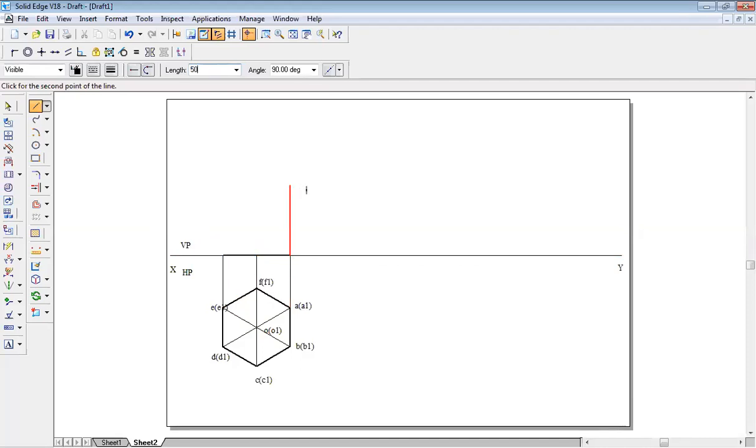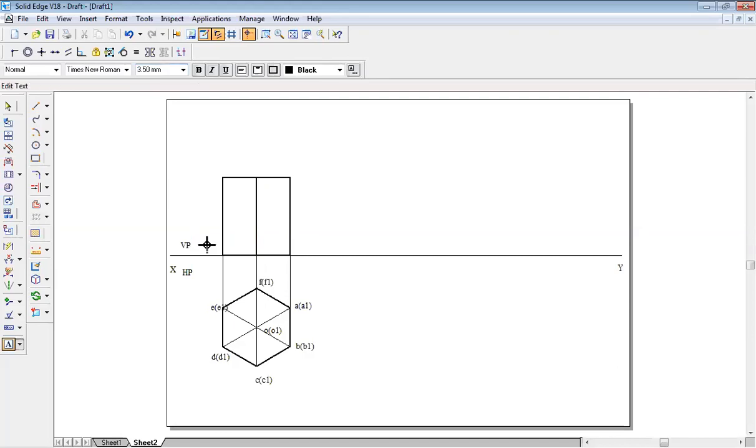Axis length is 50, so type axis length 50, then alignment indicator lines are on, so I'll get these references. Once I get these references, let me make it. So from here to here, dark line.